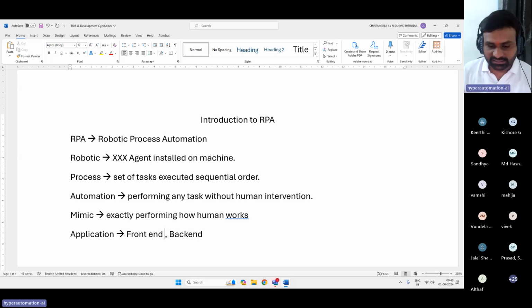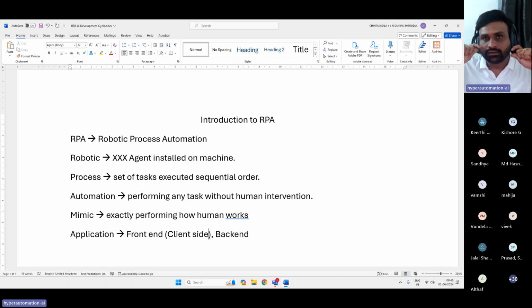The front end is the client side, which means wherever your eyes are seeing an application, like a browser or even this Word document, whatever you're seeing in front of you, the text and all these things, this is your front end. And the back end is the core logic, what needs to be handled.